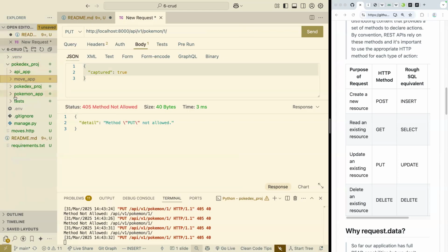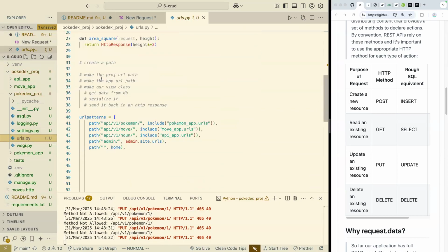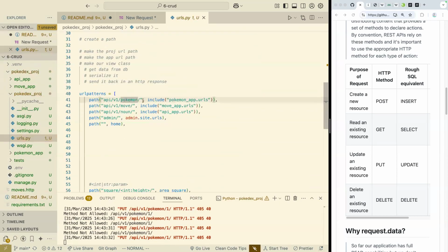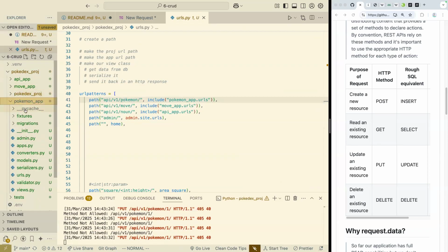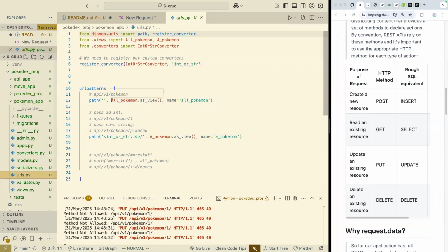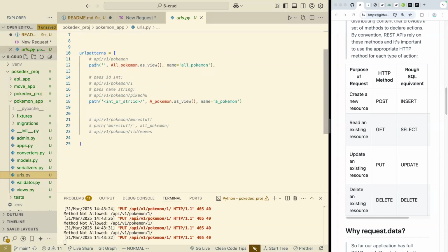And just to go through this step by step, if we go to the urls.py for our Pokemon project, over here we see api/v1/pokemon, and then the routing points to urls.py in our Pokemon app. So I don't need to touch anything here in the urls.py for the project. And if I go to the Pokemon app urls.py, I see that we've got two different paths really. One is for all the Pokemon, and that's not what I care about right now because my goal is I want to be able to do